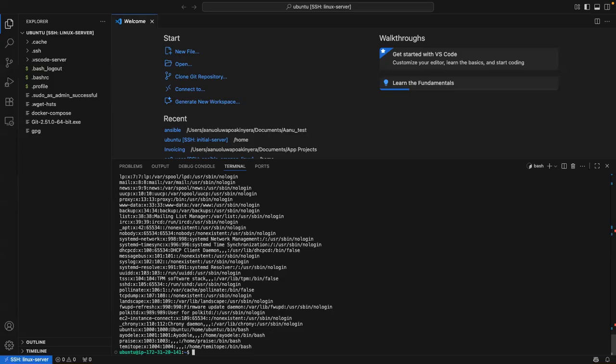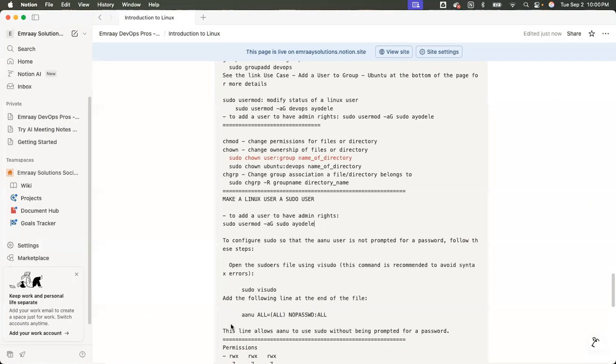Anyways, what I was bringing out was that if I run sudo commands on Ubuntu, it doesn't ask me for my password. But if I run it on another account, it asks me for my password. So the question is, how do I do it in such a way that it doesn't ask me for password anymore? That's simple. You have to configure it in a file called the sudoers file.